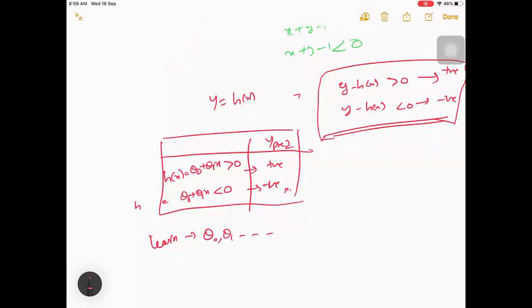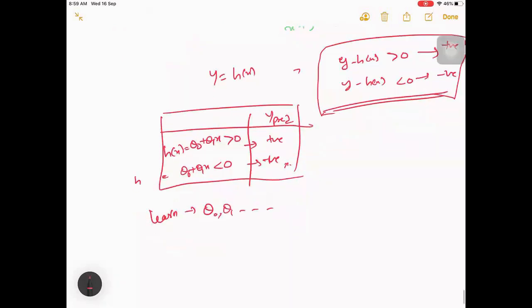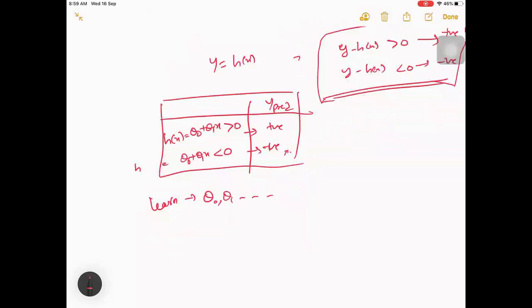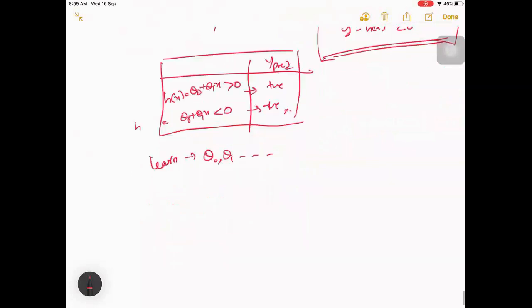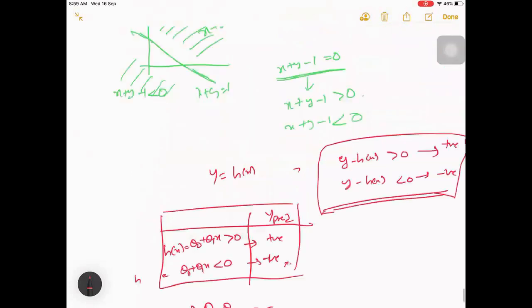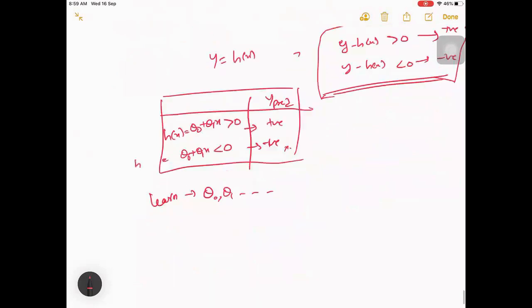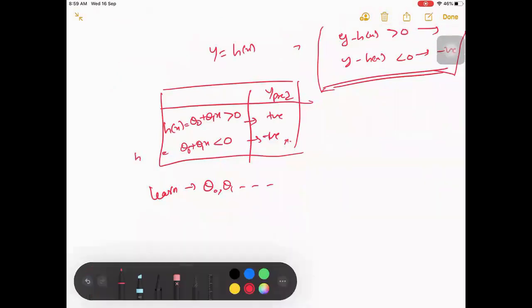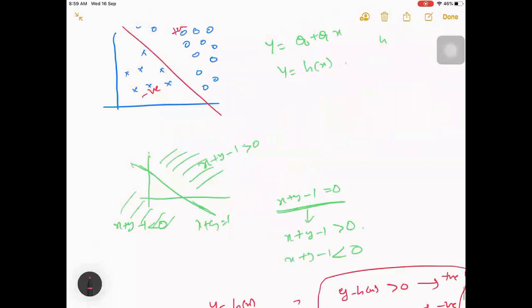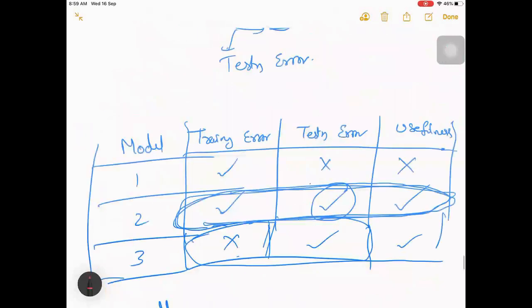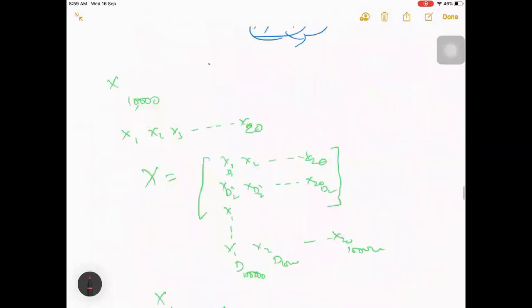So for learning this, first we have to define an error function. What should be the error function, that we have to see. In case you define an error function, the next things are very easy. Well, it's not very simple. Again, you have something there. We know the kind of steps we use for linear regression, so let me jump there and show you.